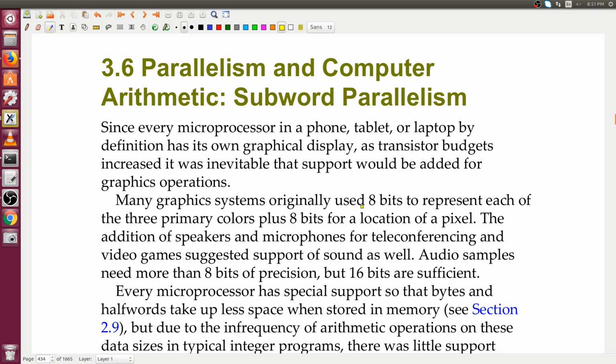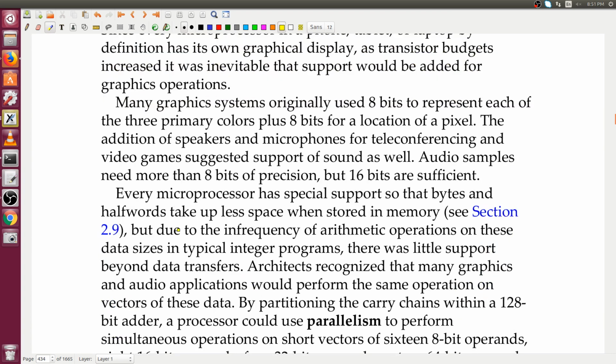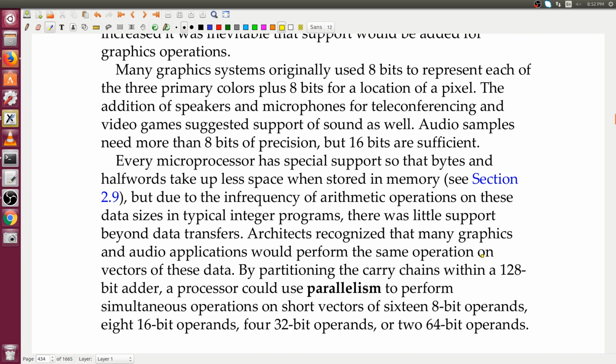Many graphic systems originally used 8 bits to represent each of the 3 primary colors, plus 8 bits for the location of the pixel. The addition of speakers and microphones for teleconferencing and video games suggests support of sound as well. So audio samples need more than 8 bits of precision, but 16 bits is sufficient. Every microprocessor has special support so that bytes and half words take up less space when stored in memory. And so 2.9 had a little bit on that. But due to the infrequency of arithmetic operations on these data sizes in typical integer programs, there was little support beyond data transfers. Architects recognized that many graphics and audio applications would perform the same operations on vectors of these